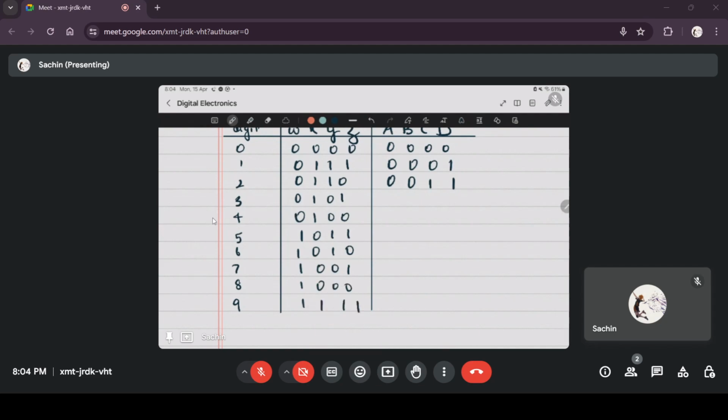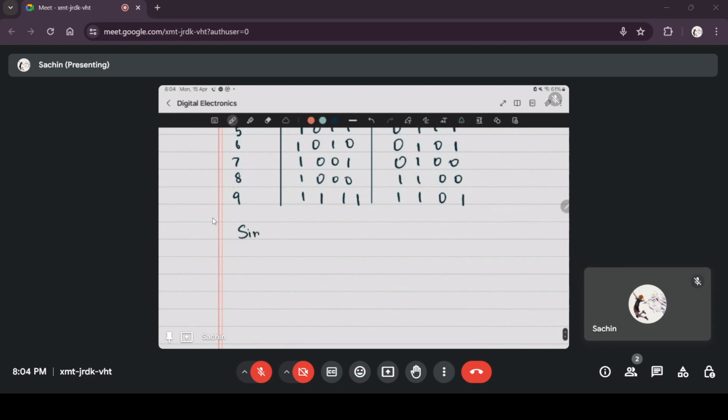And in gray the corresponding numbers will be filled in, and then you can simplify